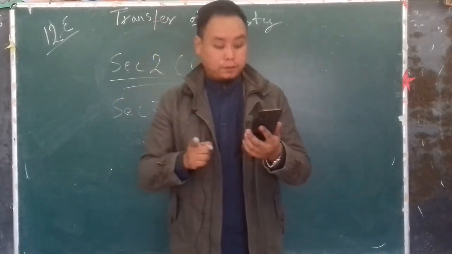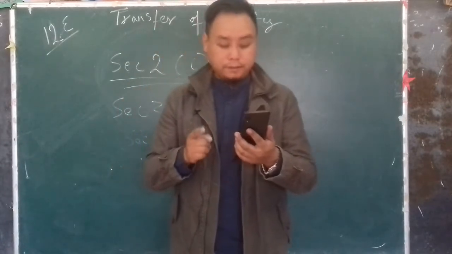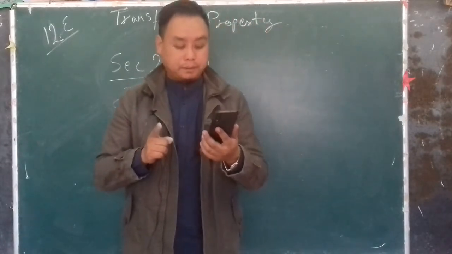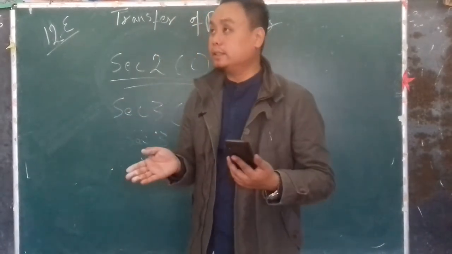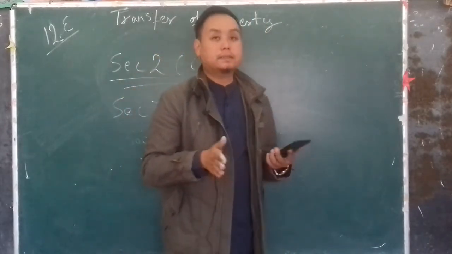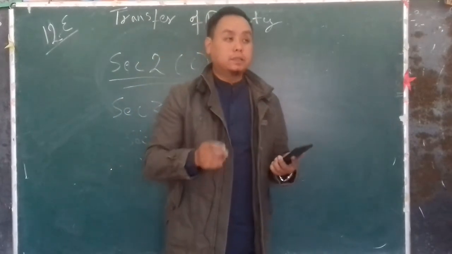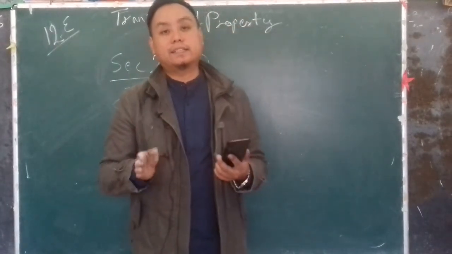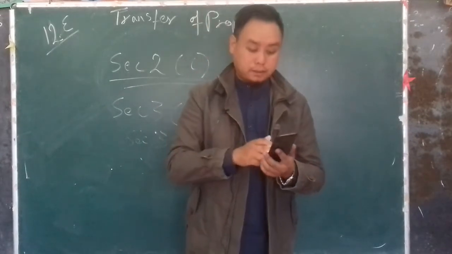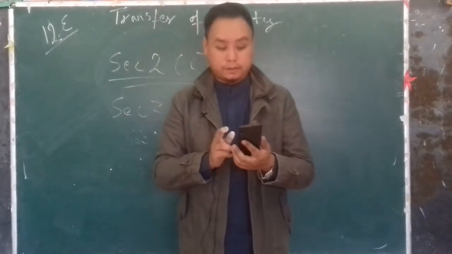A public officer or the salary of a public officer, whether before or after it has become payable, can't be transferred. Another one is, we all know that property not only includes buildings or things, but it also includes monetary things, isn't it? So the salary of a public servant, that is a government servant, also can't be transferred. So these are the few things which can't be transferred. All right,